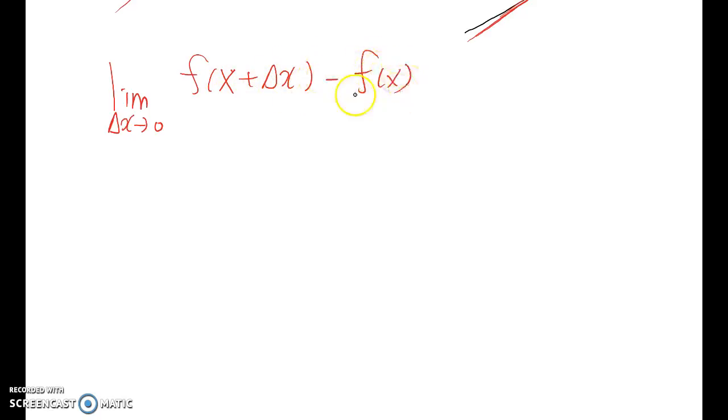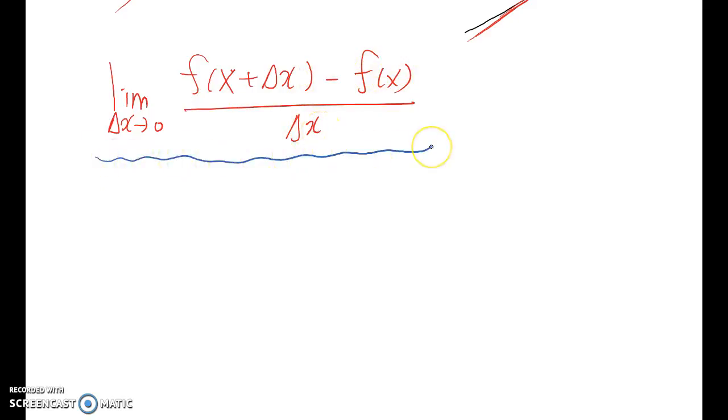So we can make the limit as Δx approaches 0, and then put in the slope formula, which is f(x + Δx) minus f(x) over Δx. Then it is going to be the tangent line slope value, even though it is not 100% correct